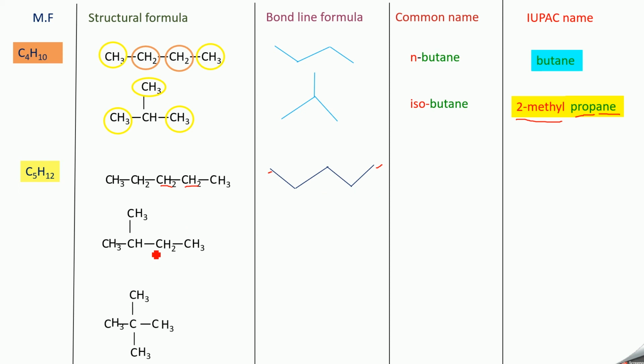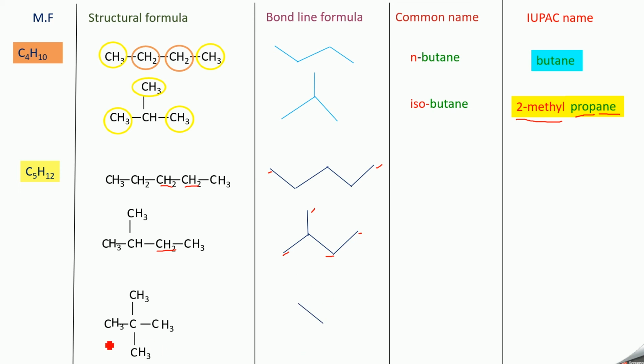So here for this branched one, you start from CH3, then you have CH. And this CH is connected to CH3, so you have one line here. Now this CH is connected to CH2. So this point we have CH2, CH2. Now this CH2 is connected to CH3. So here CH3, this point and this point, they are CH3. Then here we have CH and here we have CH2. Now this is the bond line formula for this one.